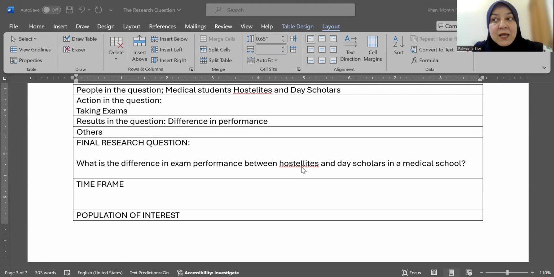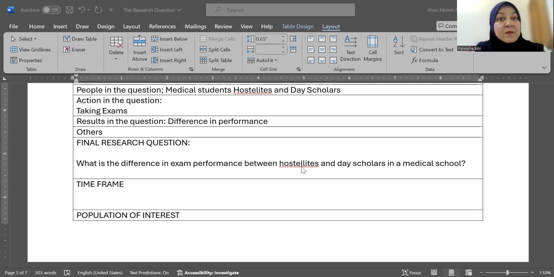It means that living in the hostel is not harming you in any way. And if somebody is using an excuse and saying that I'm failing the exam because I'm a hostelite, you have evidence to show them that no, I studied 200 students and there was no difference. So, this cannot be used as an excuse that you are failing an exam.